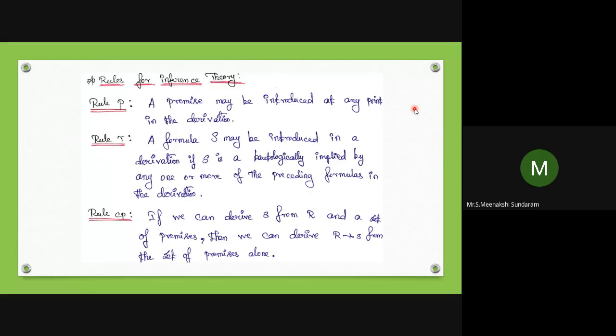These formulas you use to derive from the hypothesis, apply rule T. Rule T means a formula S may be introduced in a derivation if S is